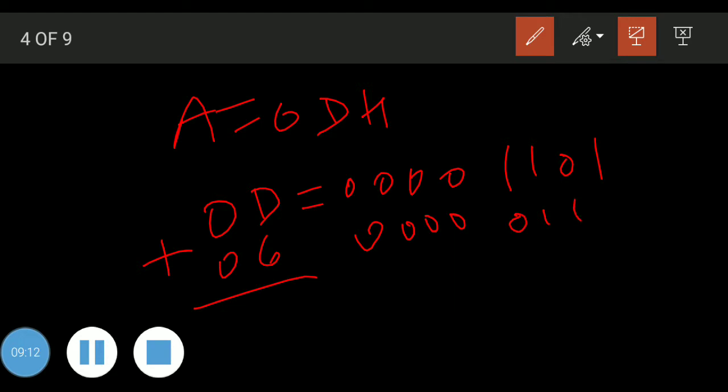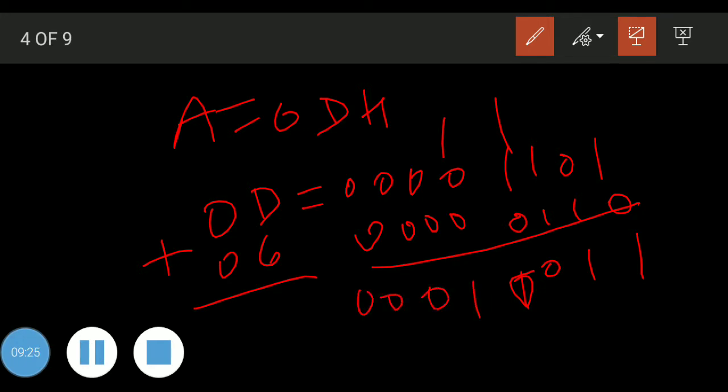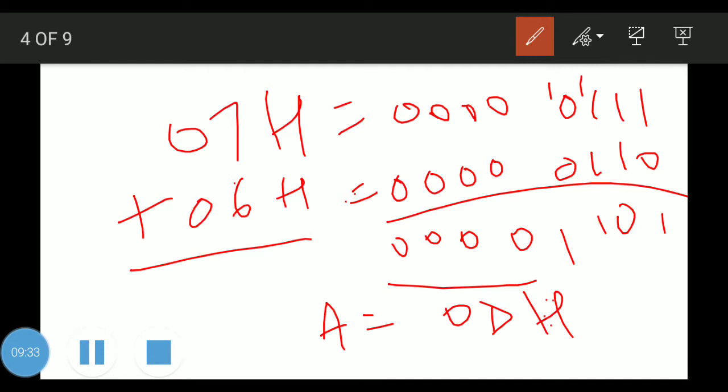Do the addition. Now this becomes 1 and this becomes 3, that is 13. I got the result 13. So this is the role of BCD, that is the DAA instruction.